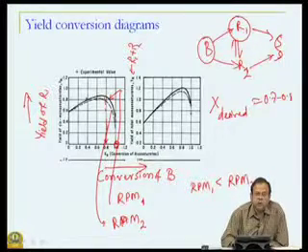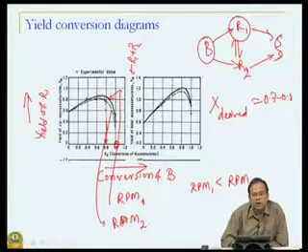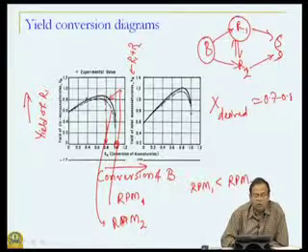Now, at first glance these results may look paradoxical. Generally, we assume that if we agitate the system more, you will have uniform mixing between the gas phase and the liquid phase, and therefore you should get better mass transfer and better kinetics or yields or selectivity, whatever we are looking at.